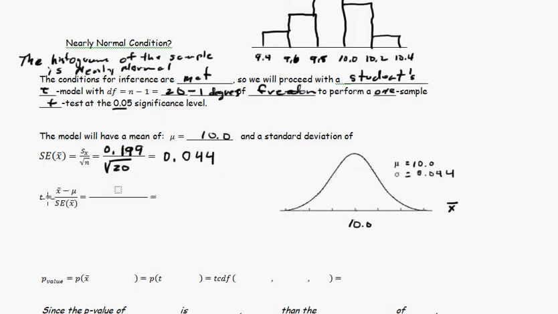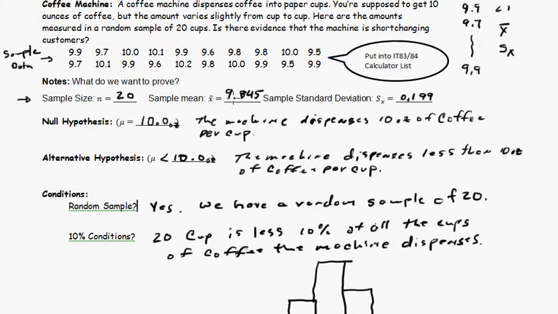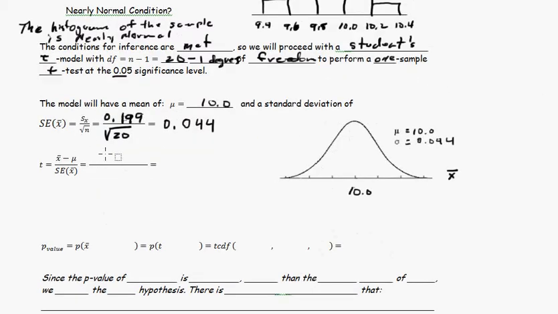Okay, so now if we want to calculate the t-value, we want to see how far away it is, then we would take the observed value, which was 9.845. That's the average of all of these values here. So 9.845 minus the hypothesized value of 10, and then we're going to divide by 0.044. Okay, and that comes out to be negative 3.49,